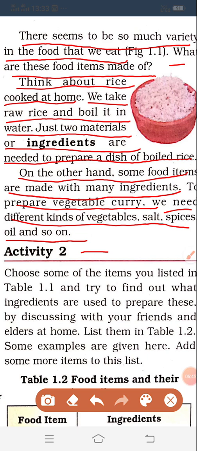No, it is not possible. For preparing the vegetable we want spices, salt, oil, vegetables, everything. Okay, and for preparing the rice, we only have to boil the raw rice in water, and we just prepare the rice. Okay, so in your activity number 2, what you have to do actually, choose some of the items you listed